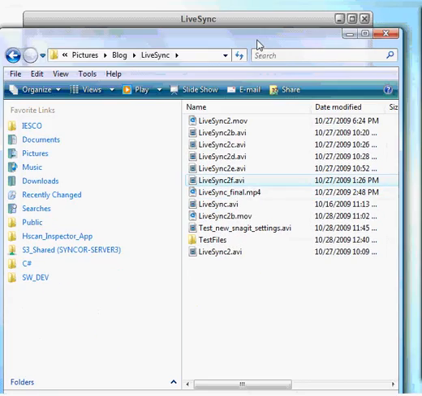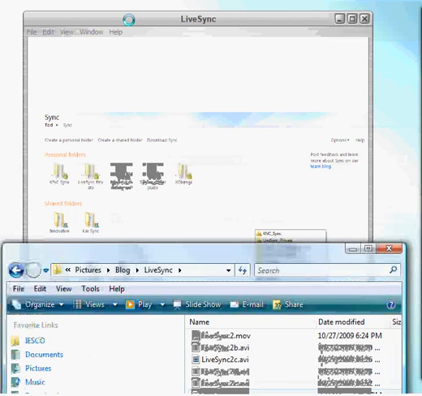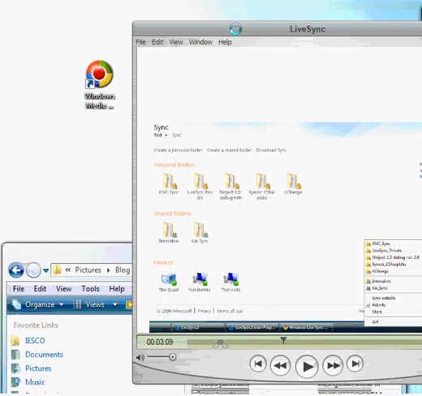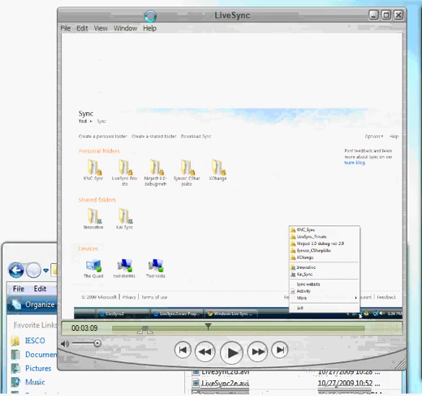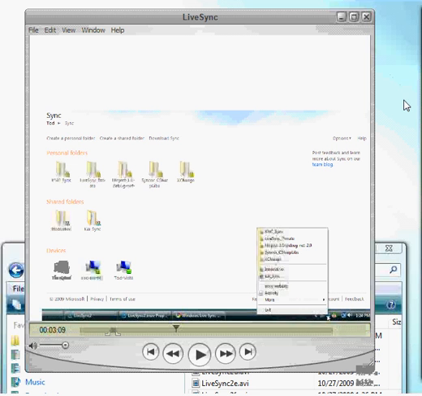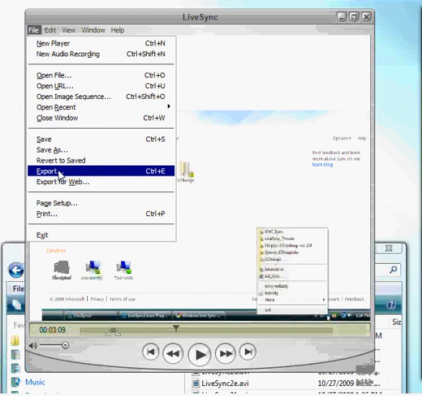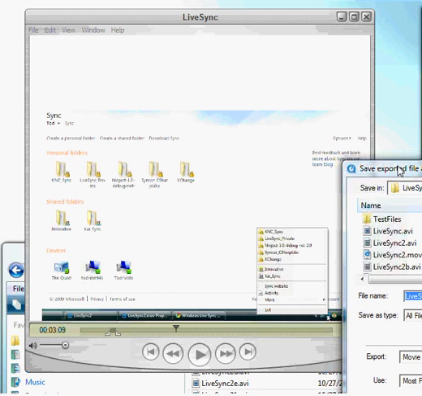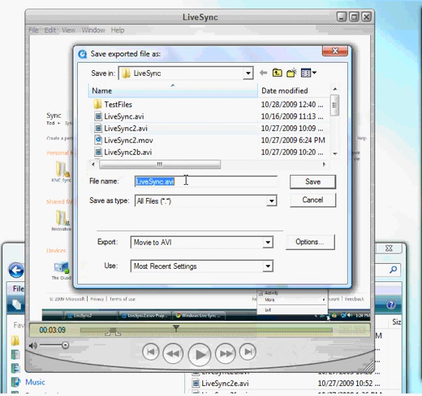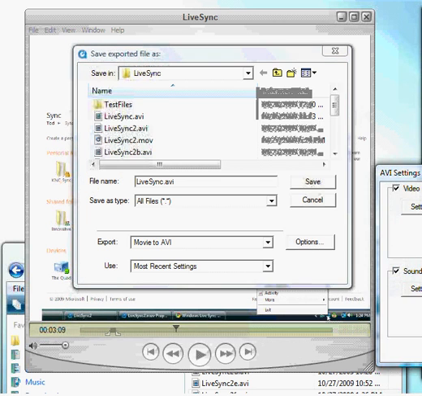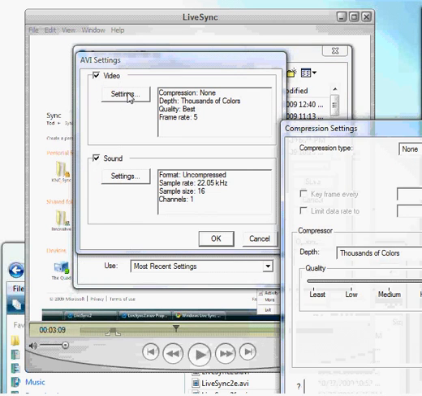So then what I wanted to do was use Media Encoder, and the problem I had is finding a compatible codec between the two. And I messed around with several until I finally just decided that I was going to export it as a Windows AVI file. And then I had a little bit of a problem because this is 8 minutes long. When I did the standard settings, I went in here and said